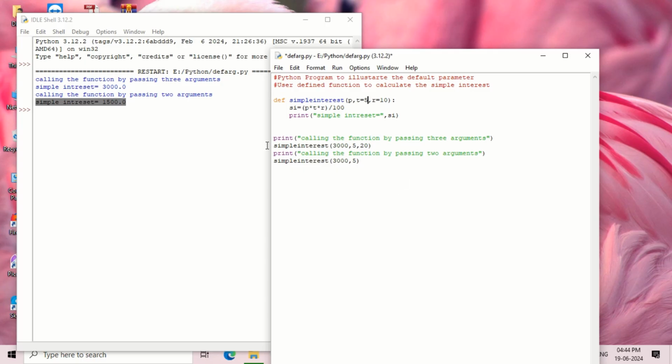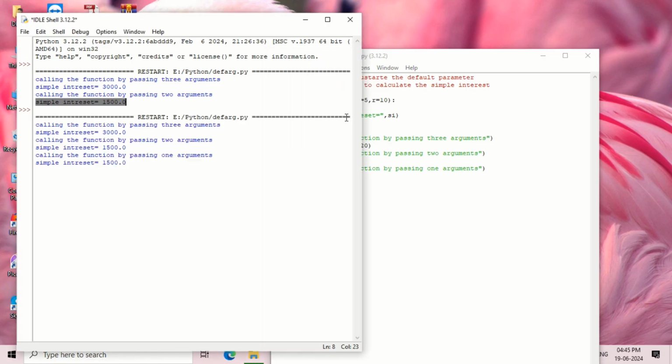Then we can modify by adding another 2 lines, print calling the function by passing 1 argument, and here I will just pass 3000 as the value. Now I'll save the program, Ctrl S, it will be saved in the same file. Then I'll press F5